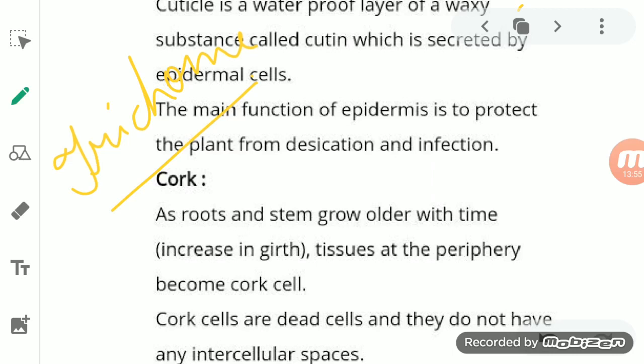Under very extreme conditions, this cuticle is reinforced by a layer of wax. This wax is present on the epidermis, and it is also present on the upper surface of floating leaves, which protects them from wetting. In some cereals, the epidermal cells have a layer of silica, and this silica provides stiffness. There are certain outgrowths also present on the epidermis. It means some substances come out of the epidermal layer.